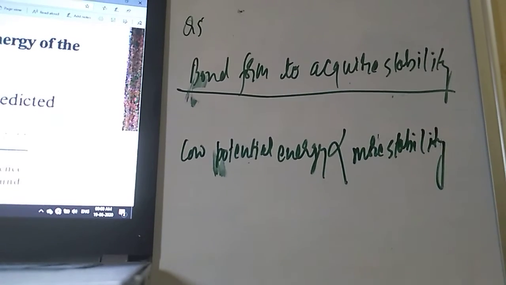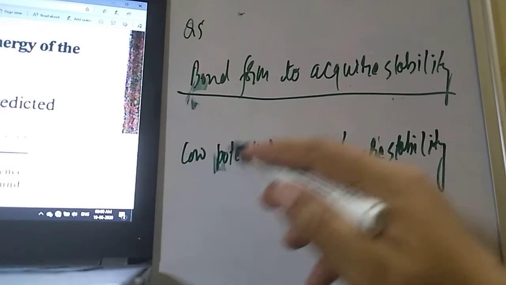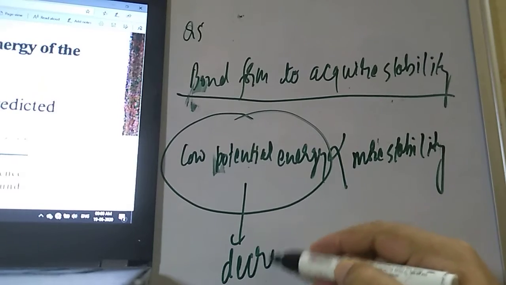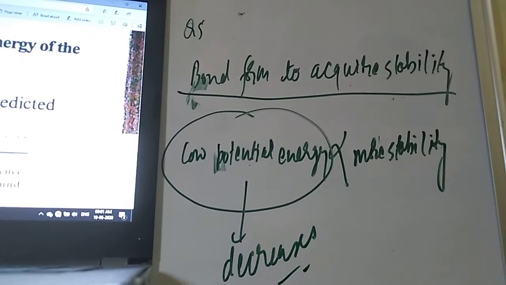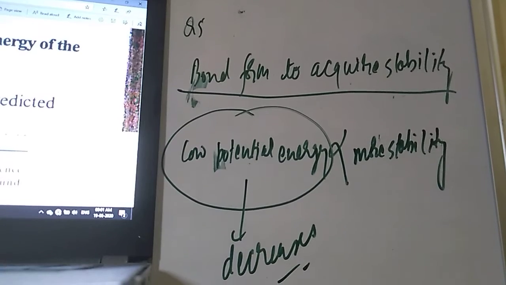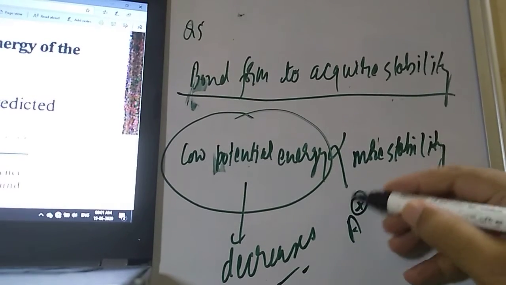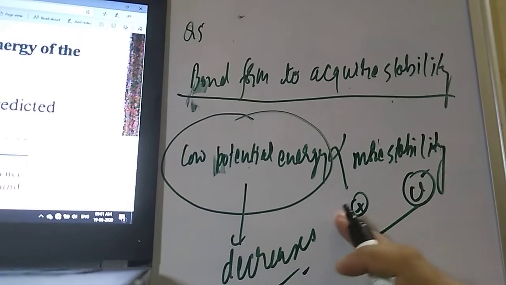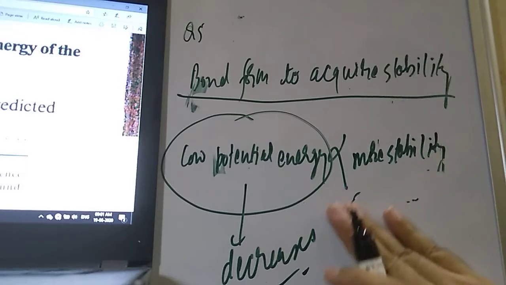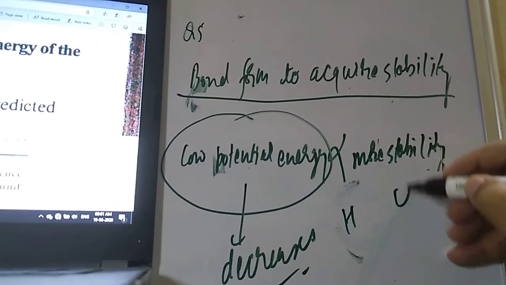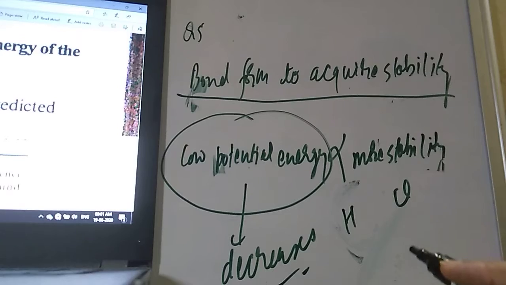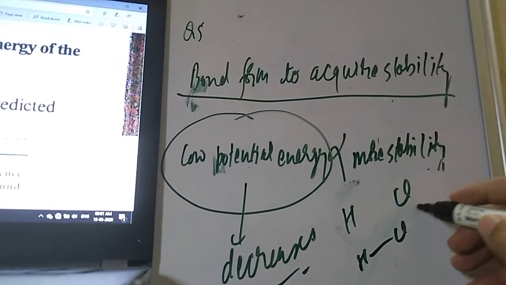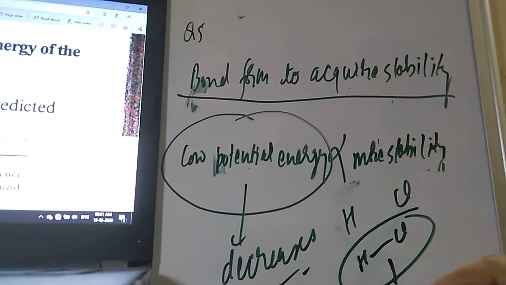Dear student, so when the bond is forming, the potential energy should be low. It means when the bond forms, the potential energy will decrease. Because in bond formation, firstly atoms A and B are there, like this. They are not stable, student. Suppose this is H, and if you see, two atoms are there, one is hydrogen, another is chlorine. Here they are incomplete, their configuration is not stable. But then when they form HCl, their configuration will become stable, so the molecule will become stable.